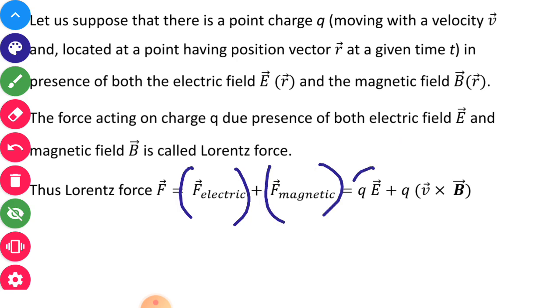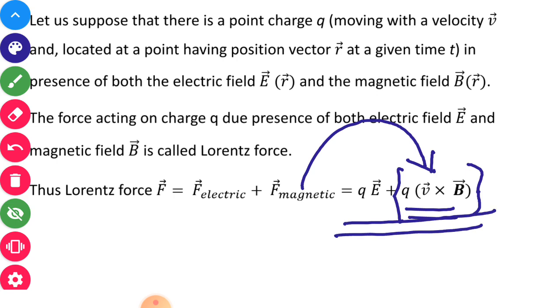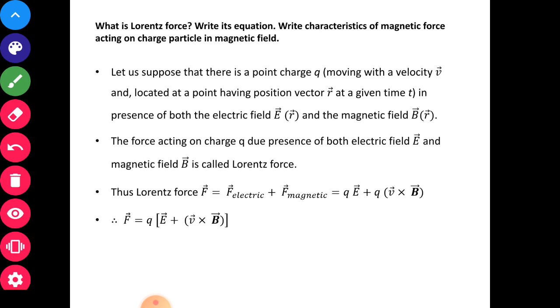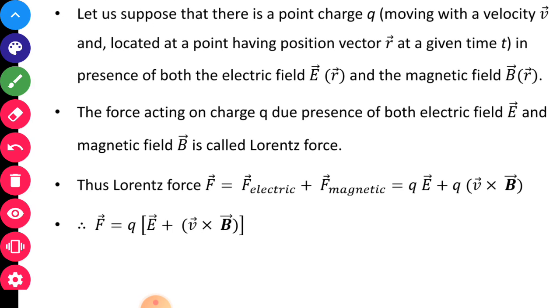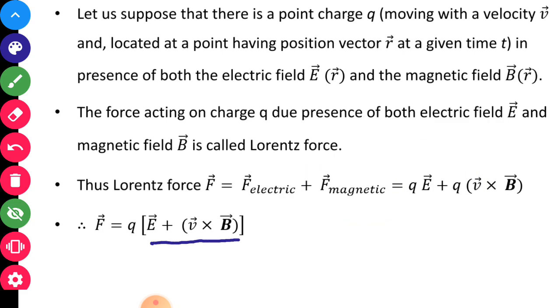Electric force, as you know, is given by QE, and the magnetic force on this charged particle Q is given by Q V cross B. Okay, so magnetic force is how much? It is Q V cross B. So addition of these two will give you Lorentz force, total force. So here Q can be taken as common. Okay, you can easily understand this. And this can be kept in the bracket. So Q into bracket E plus V cross B is the Lorentz force, we can say.